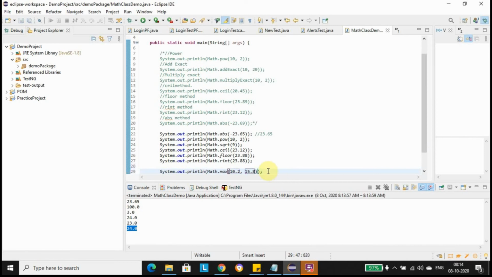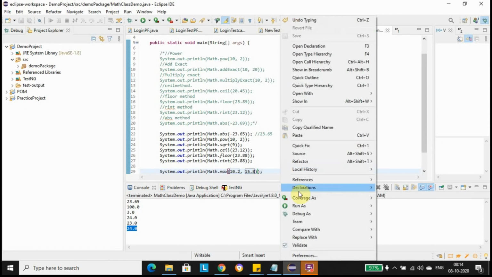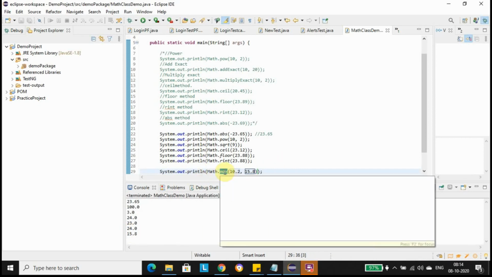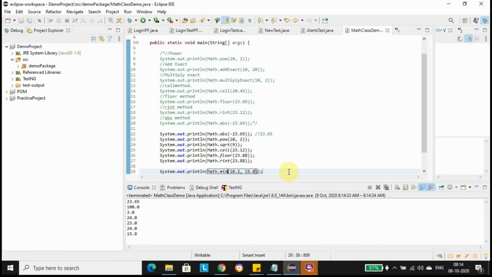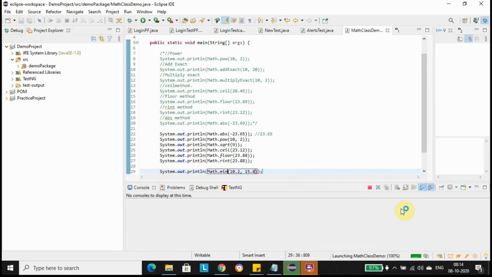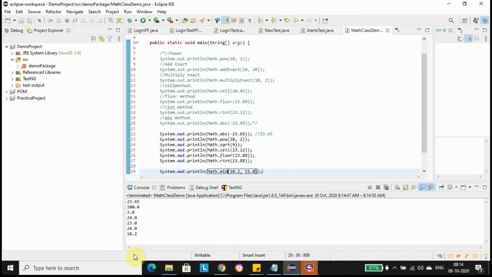It will return us the maximum out of these two numbers. So the output is 15.8. We have min as well. If I provide Math.min, it will return the minimum value out of these two numbers. So the output is 10.2 in this case.